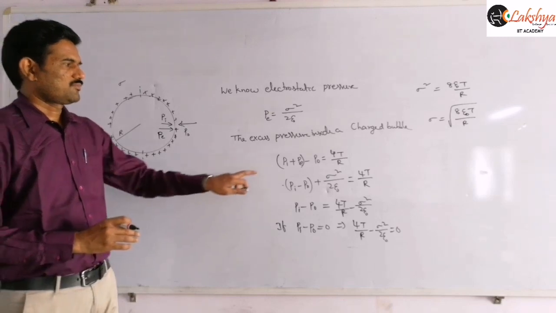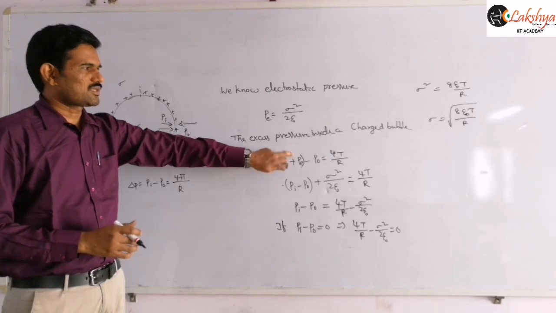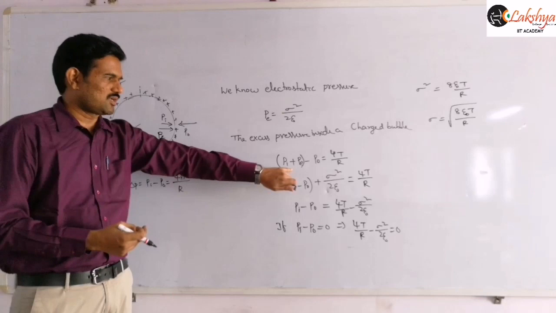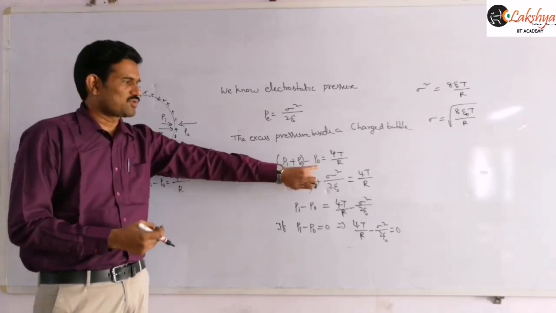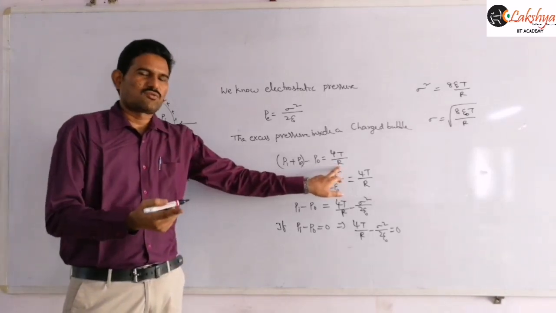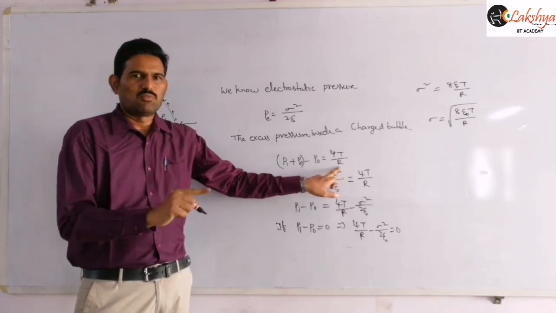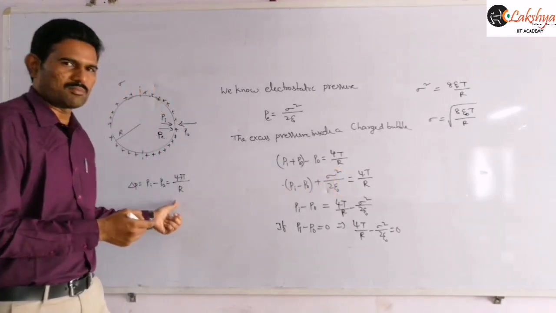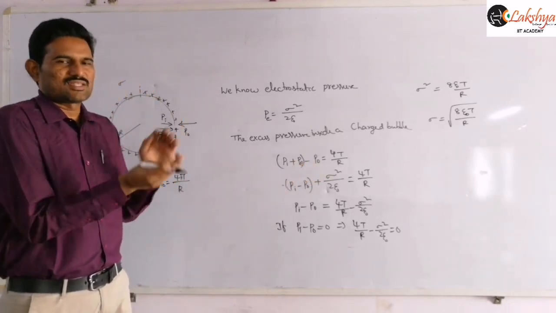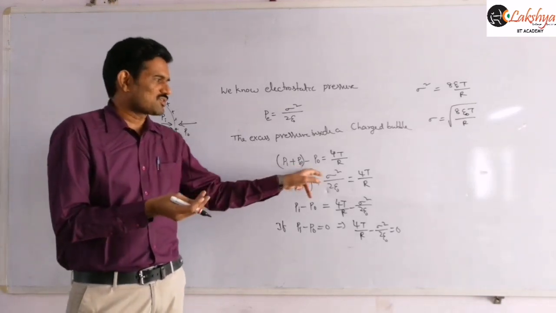So now write this. Then you can copy this. Electrostatic pressure is sigma square by 2 epsilon naught. Then the excess pressure inside a soap bubble we can write as Pi plus, in addition to the original excess pressure, now we are getting some electrostatic pressure also, minus P naught is equal to 4T by R. That means this R value will change; when charge is not there and when charge is present, these two R's are not the same. Just this is the formula I am writing here. When you give charge to a soap bubble, the size of the bubble will increase.